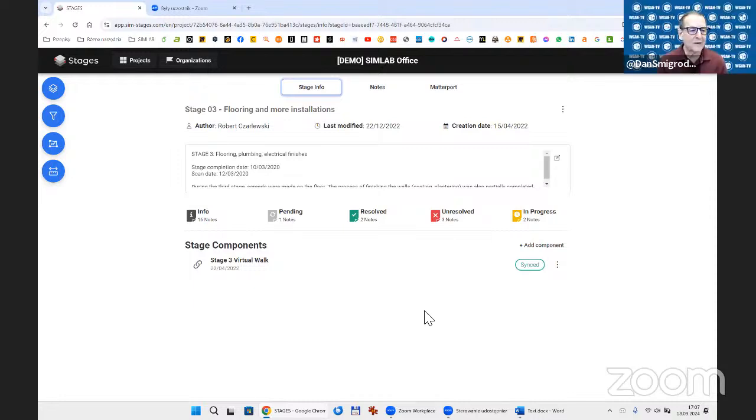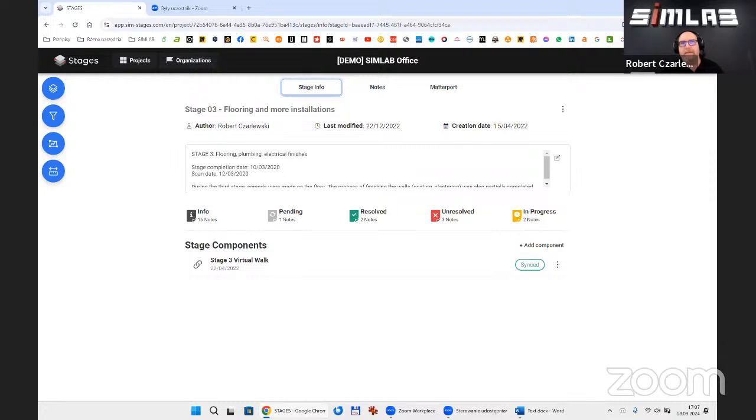Great. Yeah, Robert, it looks like what you showed me are three key features of SimLab stages. First, the timeline feature. Second, a split screen compare, Matterport at one point of time to Matterport shot at a different point of time. Three was the communications features. And then I think as an added bonus, you showed notes. So I'm expecting that by the end of today's training, I'll know how to create all that on the SimLab stages back end. Exactly. That's the goal of our meeting today, I guess.